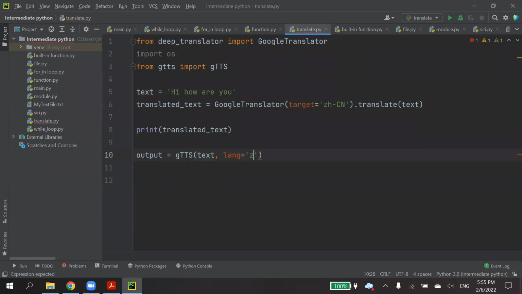Let's put in Mandarin because I translated to Mandarin. And that's it. And then output dot save. To play the sound, we have to save it as a file first, and then play the sound.